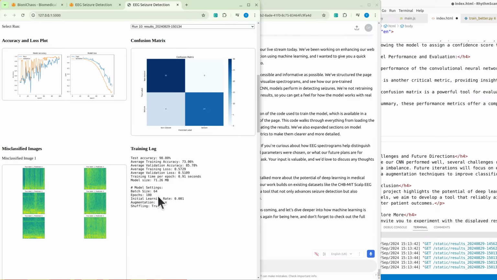We've structured the page to allow you to explore EEG data, visualize spectrograms, and see how our pre-trained convolutional neural network, or CNN, models perform in detecting seizures. We're not retraining models here, just showcasing the results, so you can get a feel for how the model works